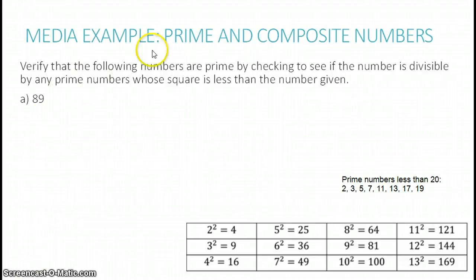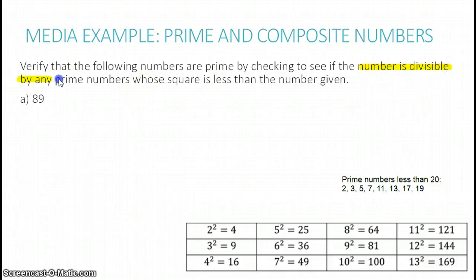In this example, we're going to look more at prime and composite numbers. Specifically, we're going to practice verifying that a number is a prime number. So verify that the following numbers are prime by checking to see if the number is divisible by any prime numbers whose square is less than the number given. So that last part is really a mouthful,